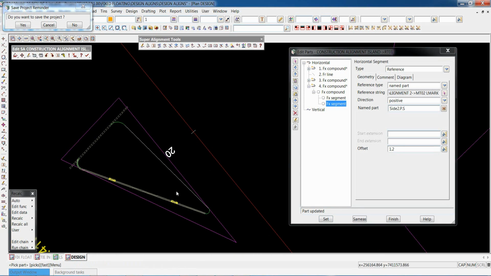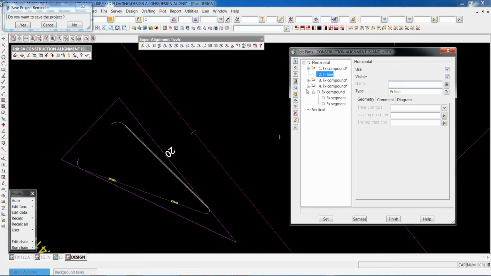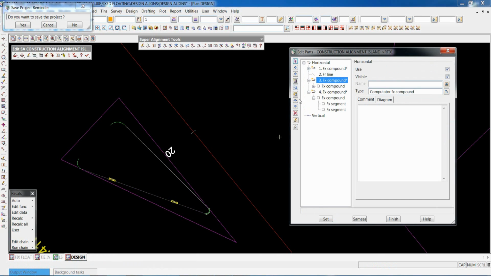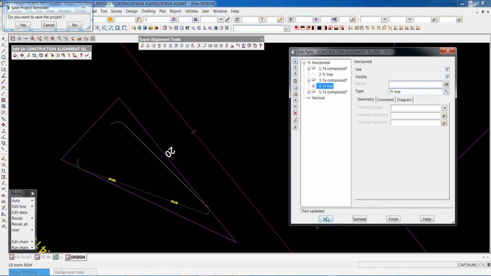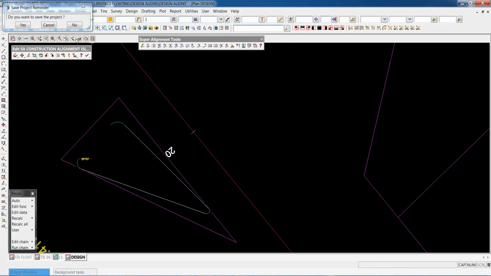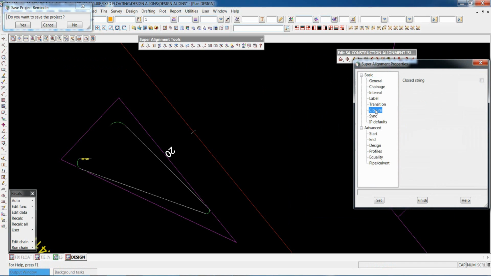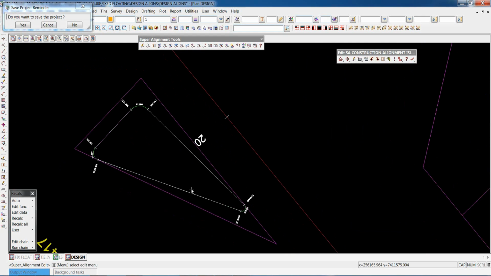So we're missing these two connector parts. Again, it's just a free line, so I can go insert, copy, put it down there and go paste. And last of all, I can finish off with one. Go paste again, turned on, set, and then finish. The only reason that the alignment string hasn't solved in this case is it needs to be told to be closed. So we just pick the closure option under properties, and we go set.